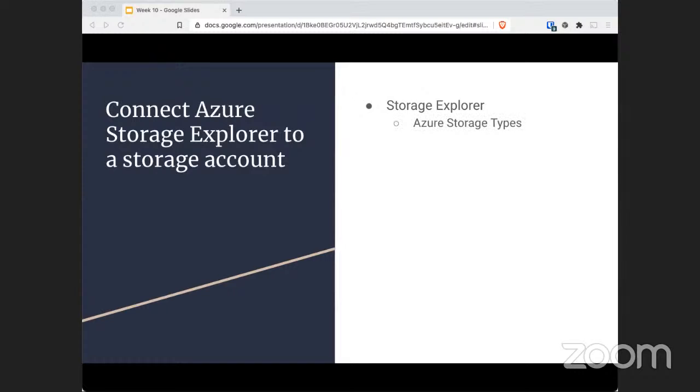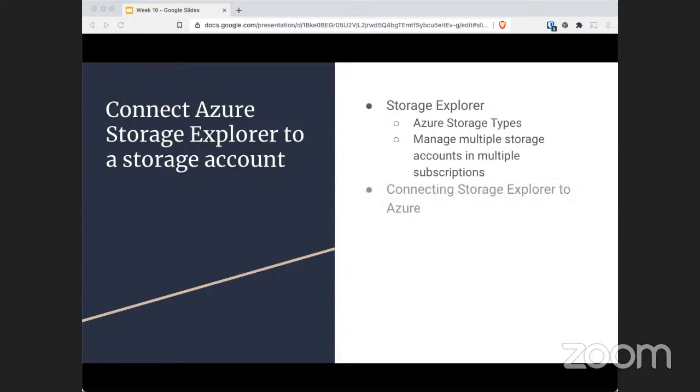The storage types being all the ones we cover, from blob to table, queue, files, and data lake storage. Like I said, the program can handle multiple accounts. Connecting to it could be either the URI, the local emulator, a connection string, Azure AD, all kinds of different